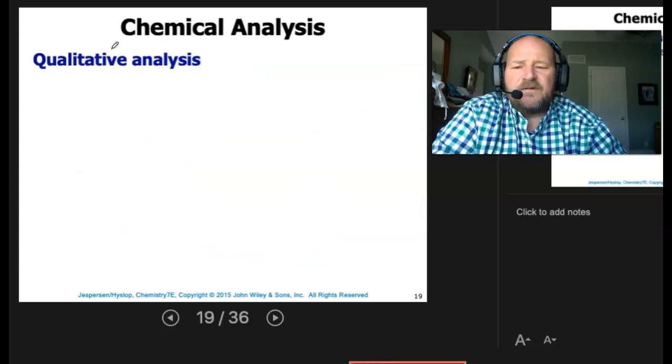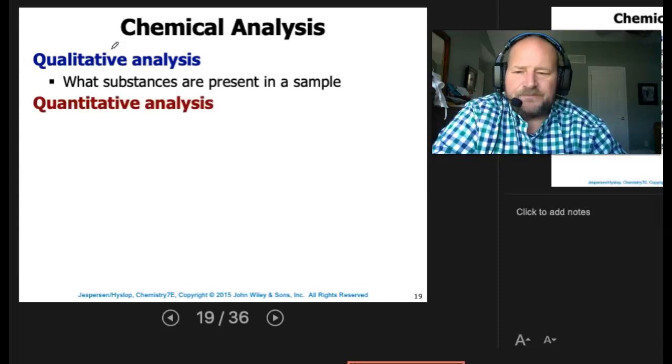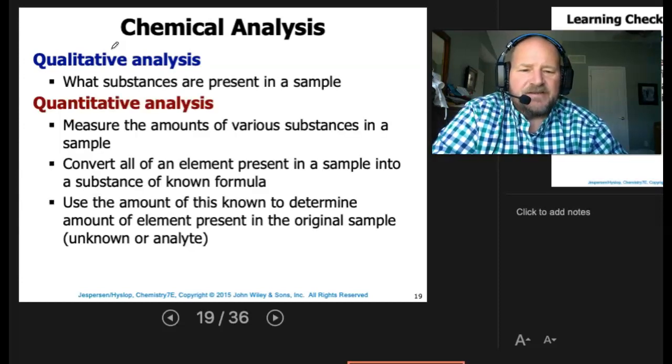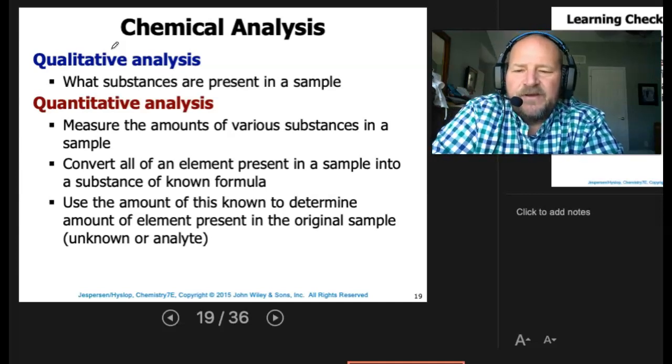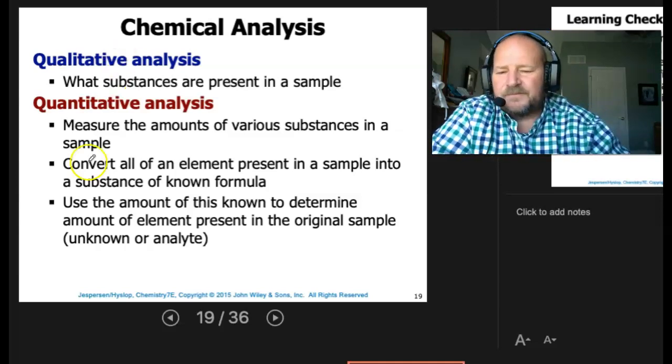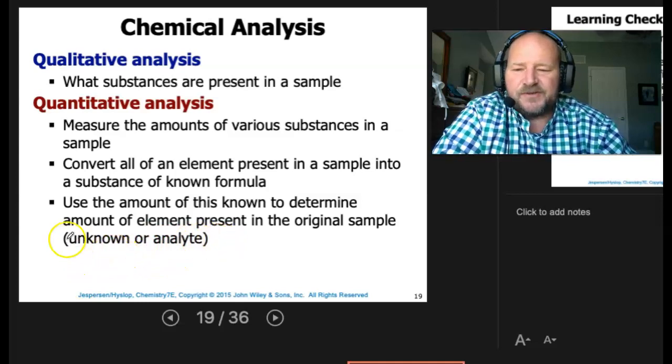All right, quantitative analysis. What substances are present in a sample? Quantitative analysis is going to be how much. Measure the amounts of various substances in the sample. Convert all of an element present in a sample into a substance of known formula. Then use the amount of this known to determine the amount of the element present in the original sample, the unknown